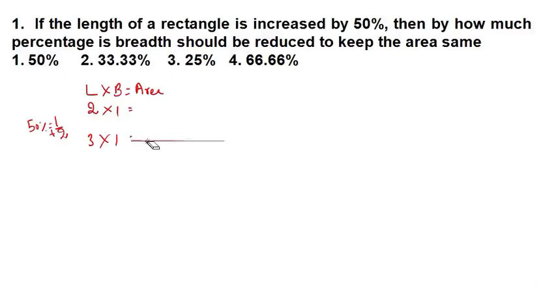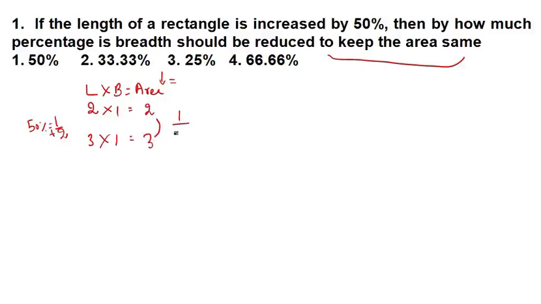Now what is your previous area? This is 2. Now your area becomes 3, but in the question it is stated that the area should be the same. So for that you have to reduce from this. You have to reduce minus 1 to become 2. So what you will do? You will reduce 1, on what number are you reducing?